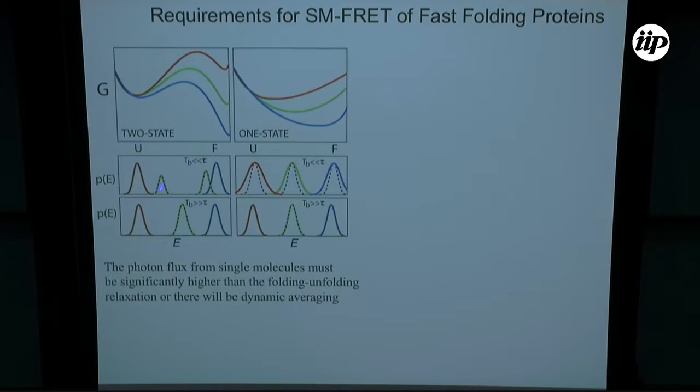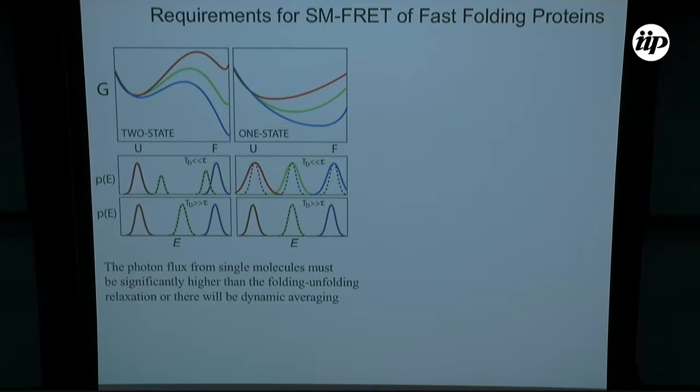But if this binning time is actually much larger than the relaxation time for the process, what you get is dynamic averaging. It's the same effect that I was talking about for NMR. So rather than seeing this, you will see something in the middle, which is exactly what you're expecting to see in this case, right? If you look at this one-state scenario, the main difference that you see is this continuous shift, but you would only see it if your time resolution is much better than the relaxation time of the molecule. And this happens to be a problem because,